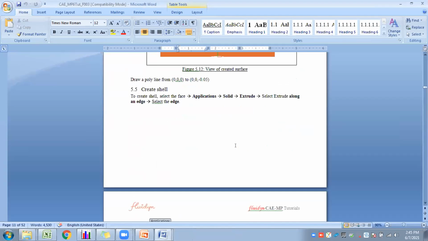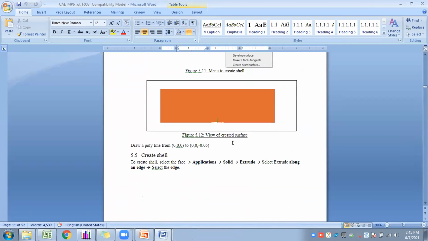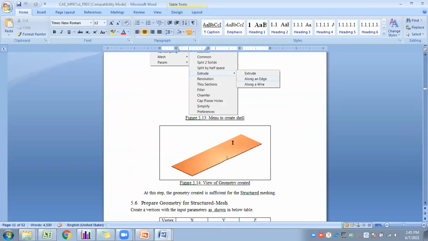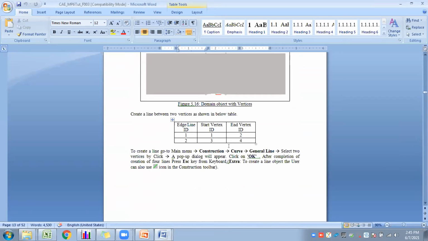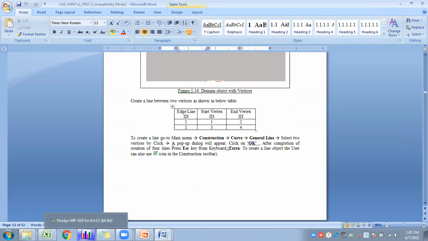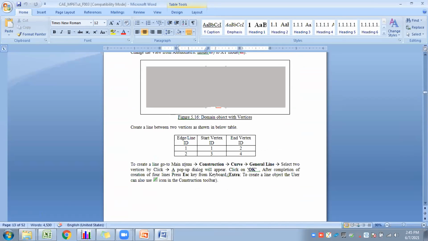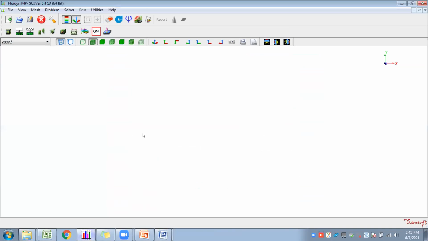So this geometry has to be filled with surface, and that should be extruded so that it can be exported to F3D format. So what is an F3D format? It is a Fluidyne 3D file, which is our format which we can read in our software, and we can go for creating meshes.